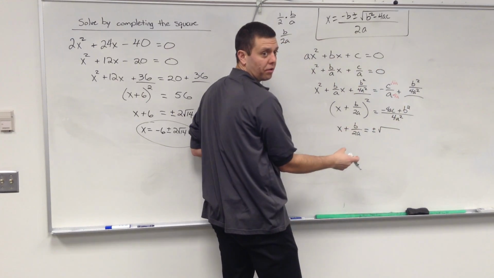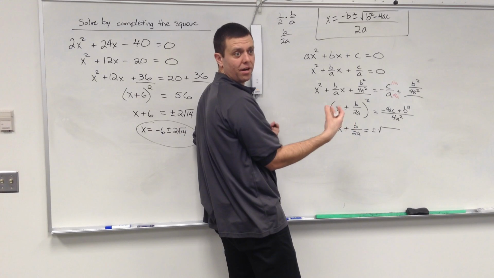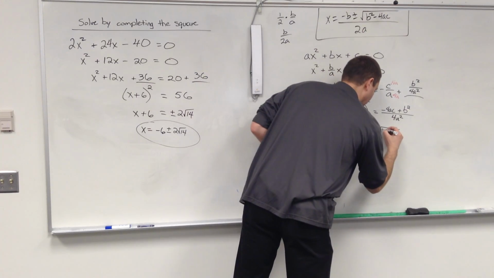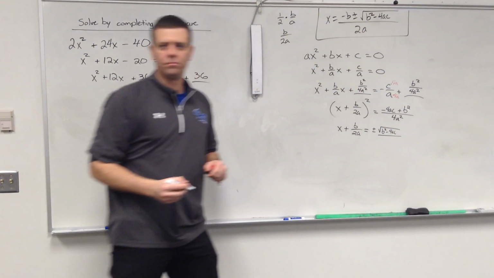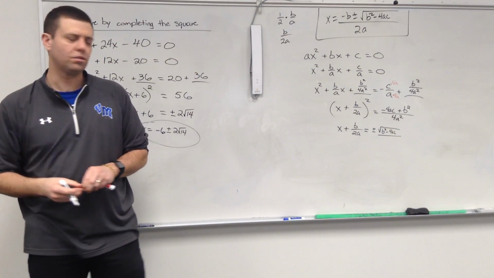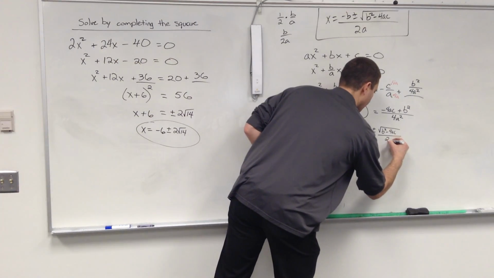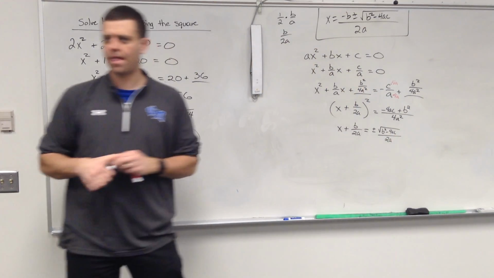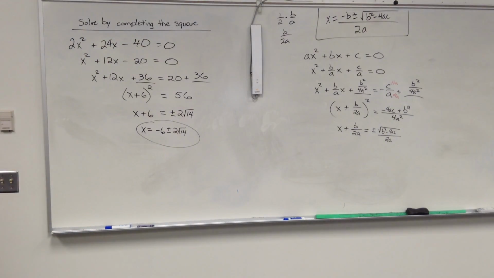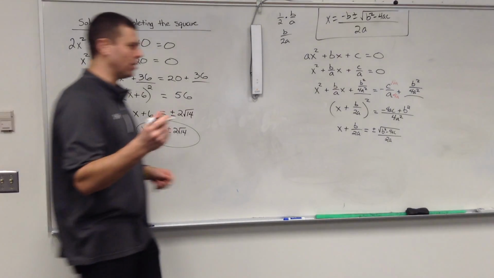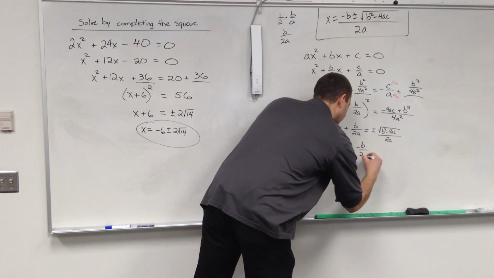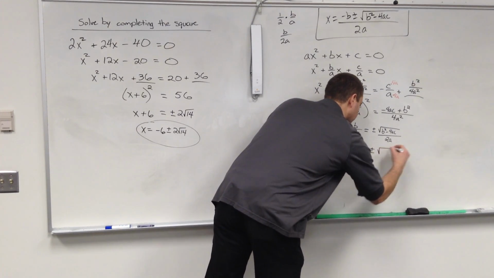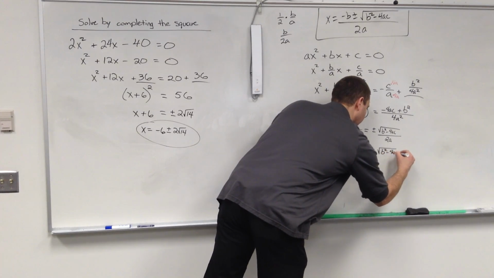I'm going to go ahead and switch the order around. Instead of negative 4ac plus b squared, I'm going to write b squared minus 4ac because I know where I'm trying to go with this. When I square root the bottom, do I get something a little bit nicer? 2a. And lastly, to solve for x, I need to subtract b over 2a. So I'll get x equals a negative b over 2a plus minus the square root of b squared minus 4ac all over 2a,